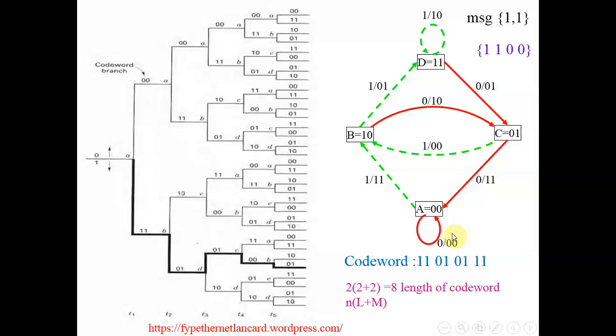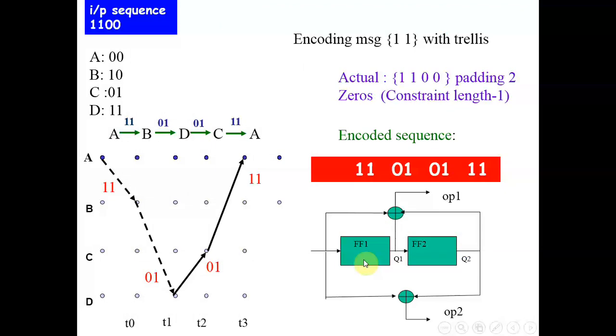So we will refer now to this particular convolutional encoder, right? Again we are looking at this, and we have completed the state diagram and code tree part of this. So this is the convolutional encoder. The very first question we should ask is, what is the constraint length of this encoder? So the constraint length of this encoder is 3. So whenever I take a message, I am going to pad 2 zeros. It's written here. So if I take message again 1 1, then for encoding of this particular message with reference to this encoder, your message will be 1 1 0 0.